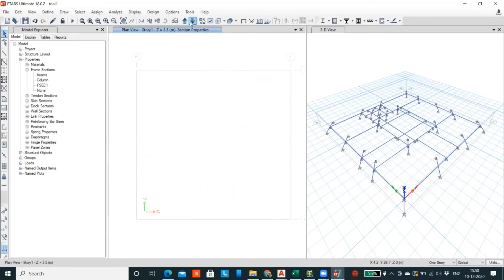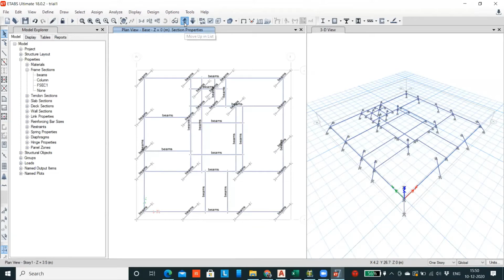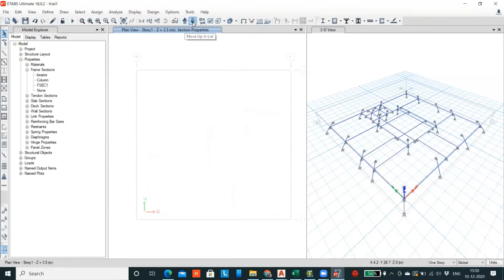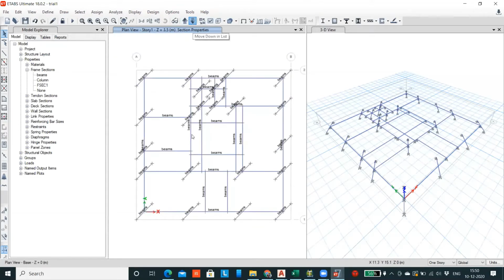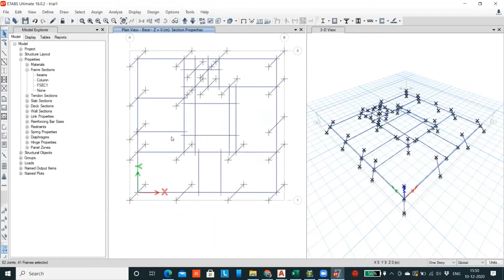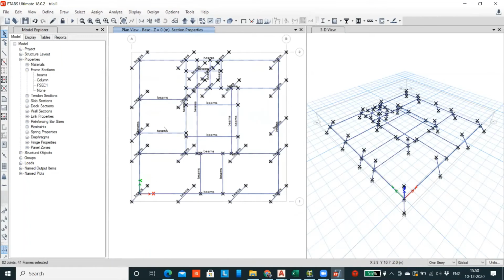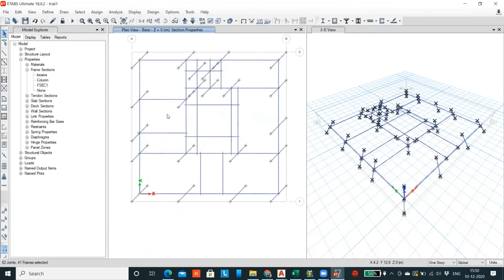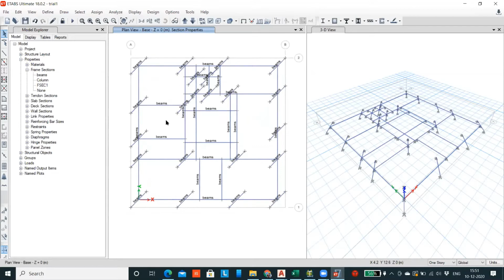So if I go down here, 3.5, this is the bottom level, right? So the same thing over here, I want to replicate this. I want to select the entire grid system. First, I'll give the columns and then delete it.